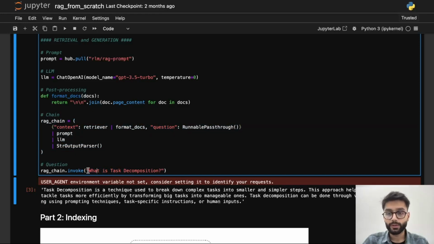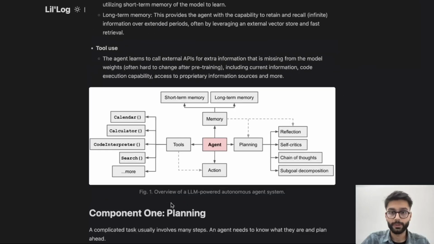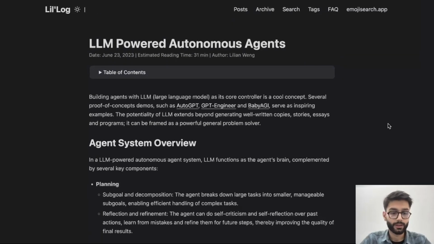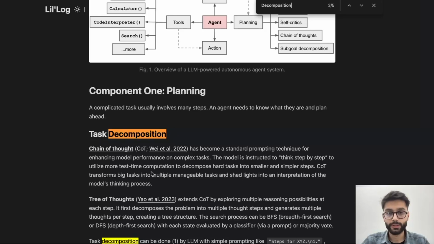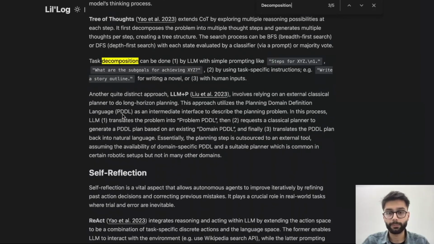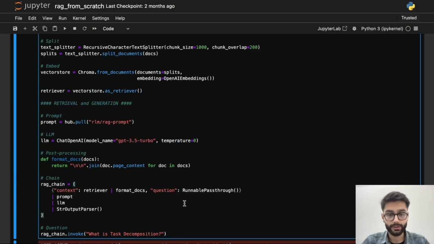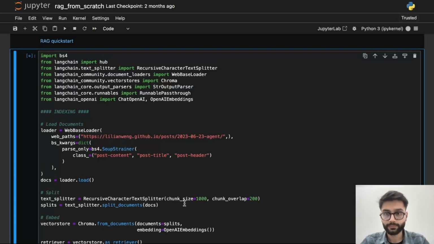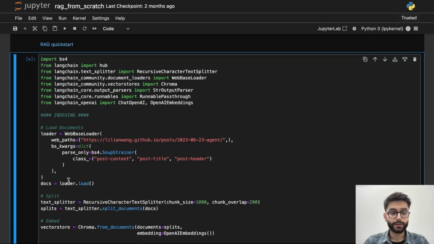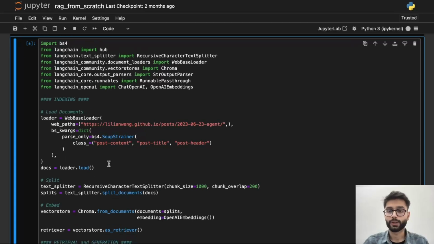right? So let's see what is decomposition. Let's do one thing. Let's first see that in that particular block, sorry, control find, and here's decomposition, right? Task decomposition is given over here, and we have the entire paragraph for it, right? So let's run it and let's see what our model gives us. Control and enter is the shortcut for running any cell,